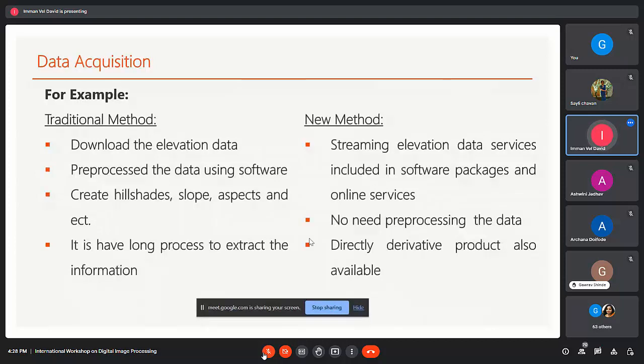For example, you can use ArcGIS, and you can use Global Mapper. We can get the derivative maps from the software packages. So the data needs no pre-processing, and we can directly use the derivative products. That level of advancement has developed nowadays when compared to the past.